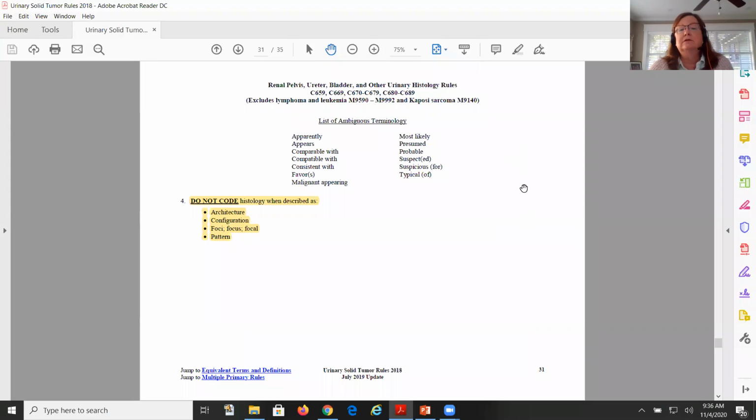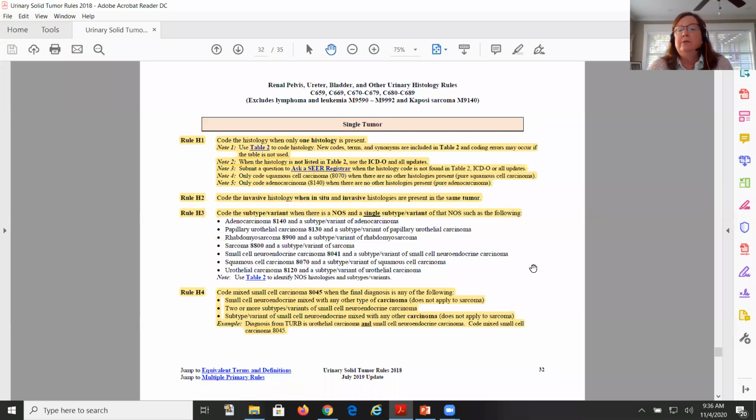So here is our list of reportable ambiguous terms, and these appear in your STOR and SEER manuals. And lastly, do not code histology when described as architecture, configuration, foci, focus, focal, or pattern. So now we are going to move through our H rules. Our single tumor module, H1, code the histology when one histology is present. H2, code